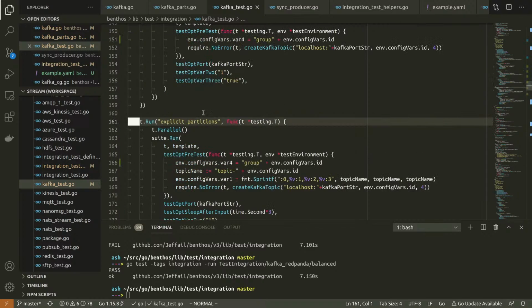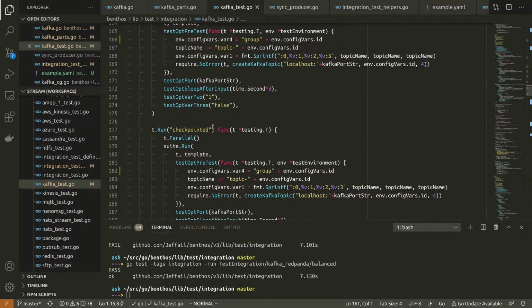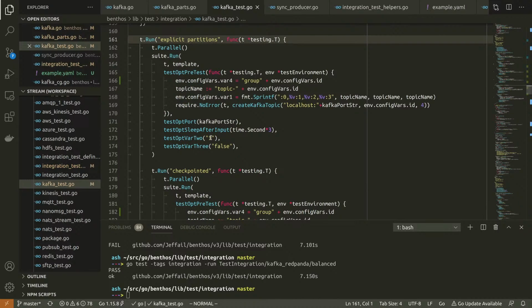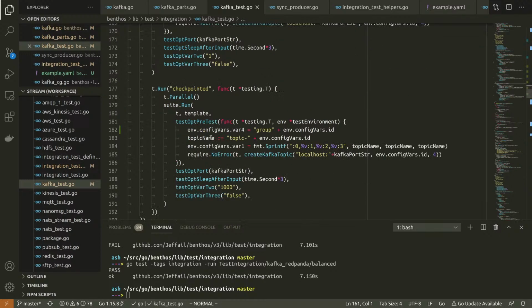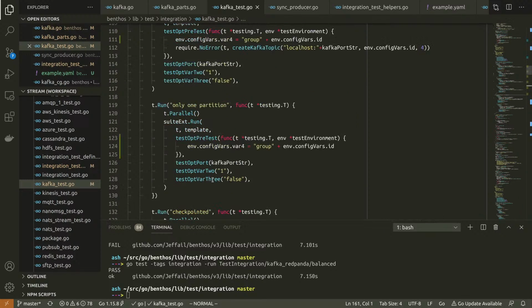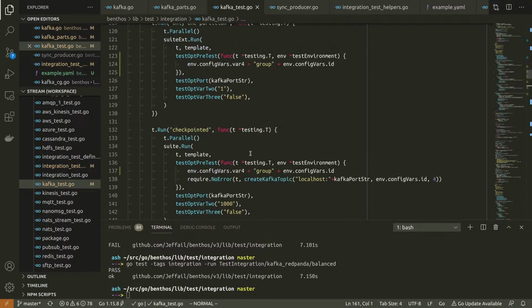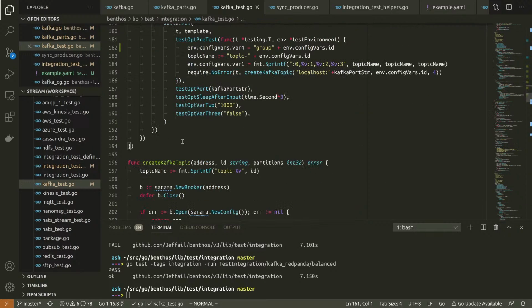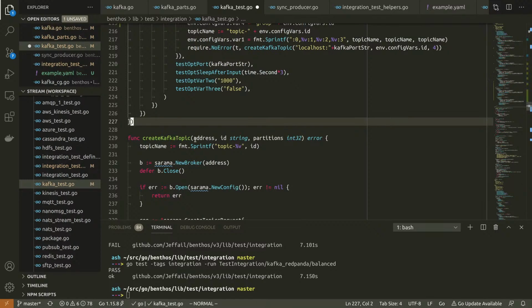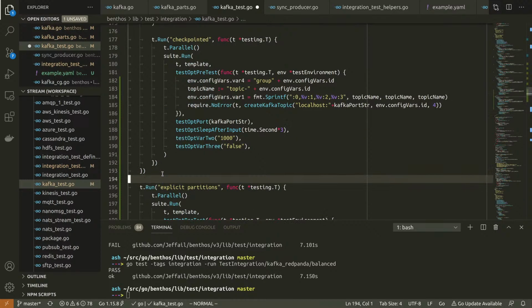So we've got 2 variants of the explicit partitions test. We do it once with 1 as our checkpoint, and then we do it again with 1,000. So this is setting that field I described earlier, where we've got the checkpoint limit. So it allows you to have out of order parallel processing of a partition's messages.